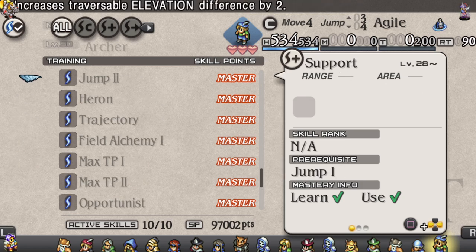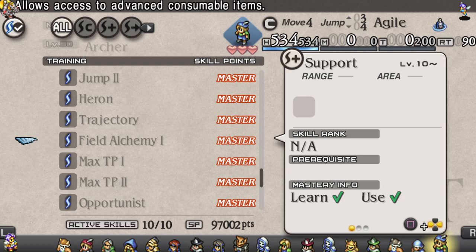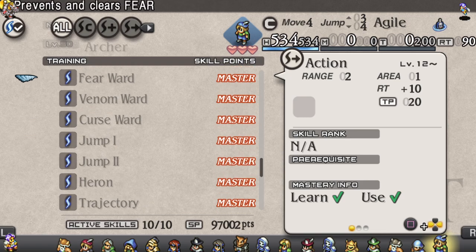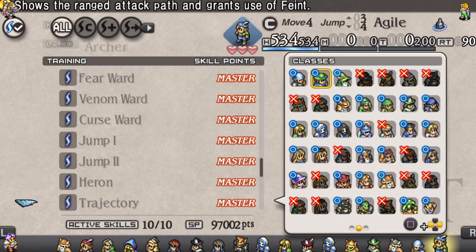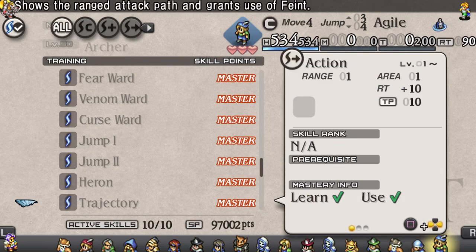Additionally, they've got the full complement of Max TP. And we'll have half of Field Alchemy usage. They get access to Trajectory, which is going to give them... I mean, this one's obvious. Basically everyone gets this, but Trajectory gives them a pretty notable boost, essentially functioning...